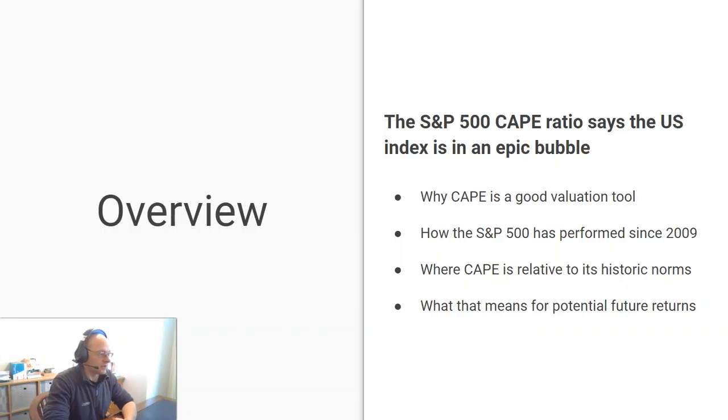Okay, so what are we going to look at today? Four things. First of all, why I think CAPE is a good valuation tool. Then we'll have a quick look at how the S&P 500 has performed since 2009. Spoiler, it's up by about 500%. Then we're going to look at where CAPE is relative to its historic norms and what that means for potential